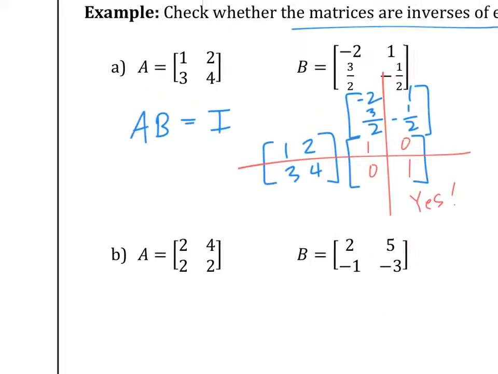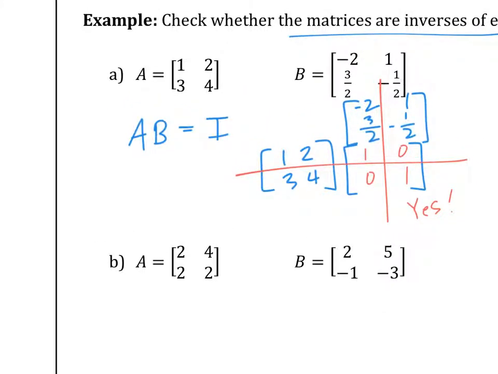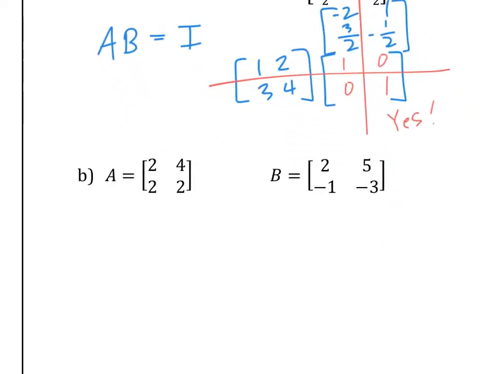Okay, go ahead and try the second one. The second one doesn't have fractions, it's a little bit easier. So you're going to again check, are A, B inverse of each other? To do that, you multiply them together, and you're looking for the identity matrix. All right, A, B are not inverse of each other, but